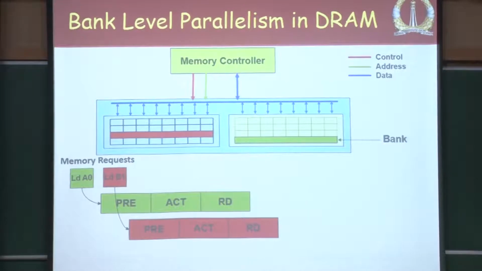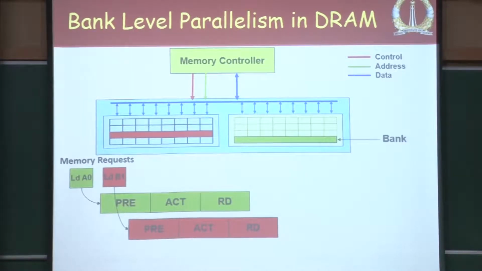So, I can go ahead and issue a precharge on this, and therefore, bank B can work in parallel with bank A. This is basically the bank level parallelism that we are talking about. When this bank is working on getting row 0 into the row buffer, this bank is going to be working on getting row 1 into its row buffer. So, the two banks can now hold two row buffers concurrently, no problem, because each one has its own